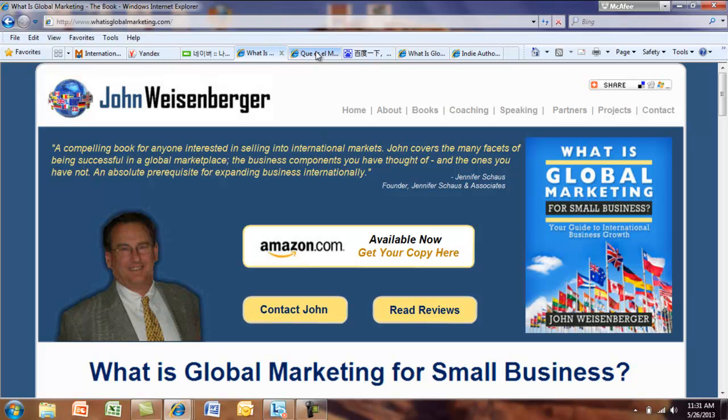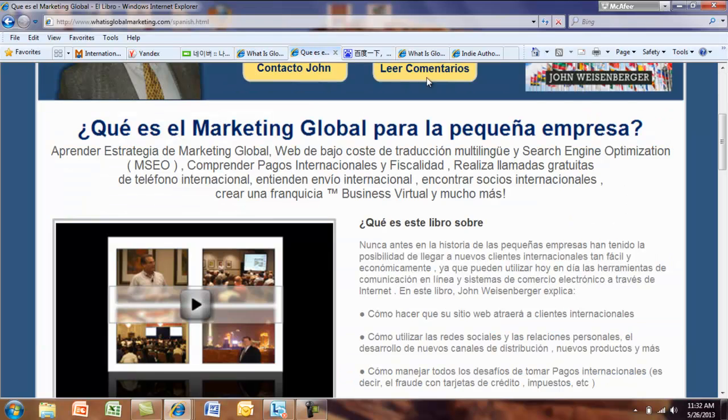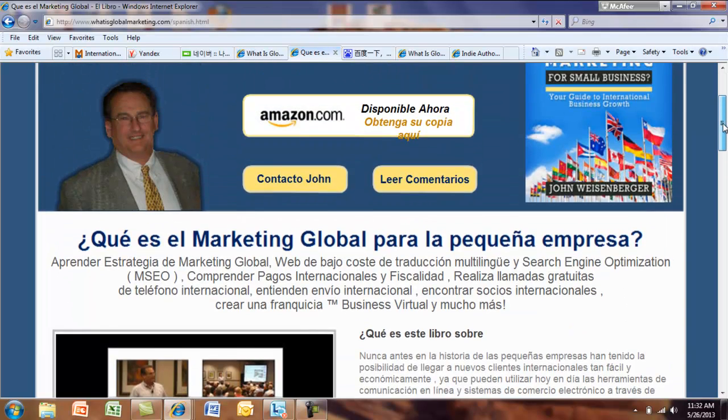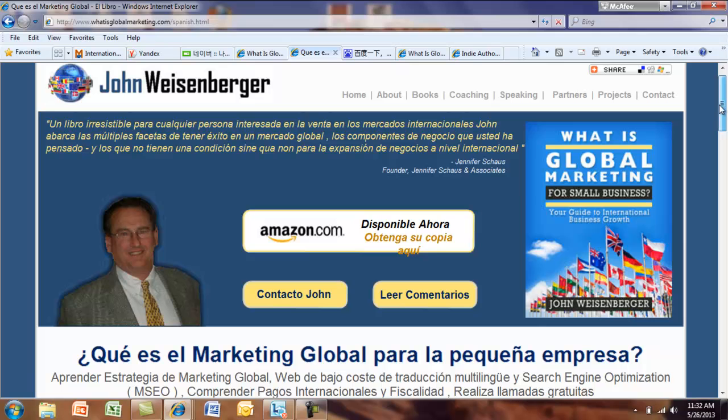So if someone in Argentina or someone in Mexico or someone speaking Spanish in the United States is looking on a Spanish search engine, they're going to want to find this website, and you want it to show up in those search engines. So here's an example of what's called a doorway page, an MSEO doorway page